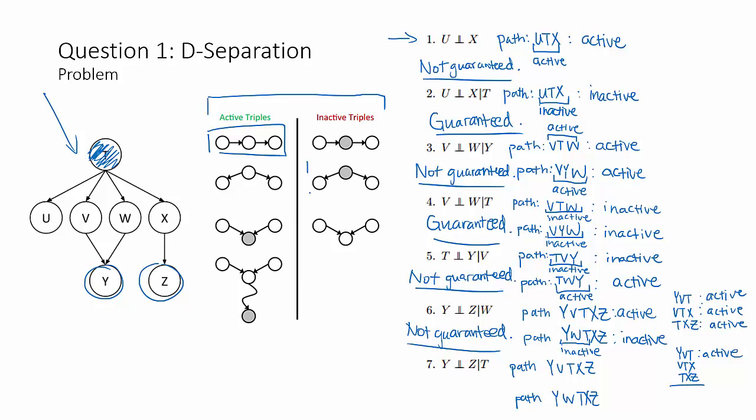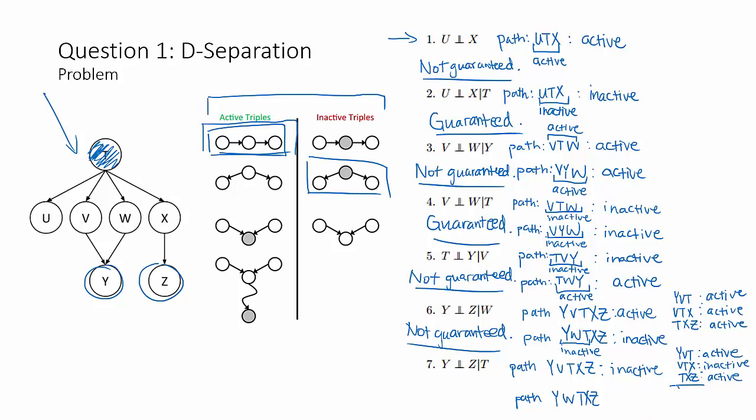VTX is a common cause triple with the middle node observed, and so this is an inactive triple. And TXZ is a causal chain triple with the middle node unobserved, and so it's also an active triple. Because we have found at least one inactive triple along this path, the path is inactive. Let's analyze the second path,